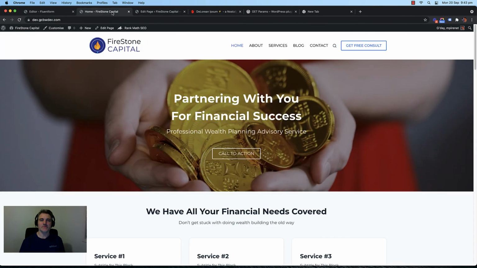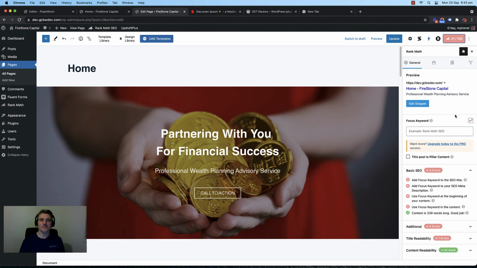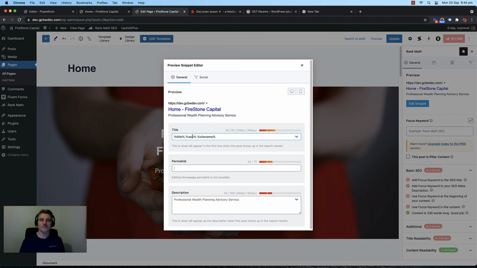So now what we want to do is, up in the title here that you can see me hovering over, it's got home, Filestone, capital, and that's it, right? But what if we want to have some extra keywords in there? So we can do that by editing the snippet, the preview snippet here. So what we need to do is just click on edit snippet, and then we can change this here. So what I might do is keep the financial capital here. I'll pipe that there, and I'll go wealth building,